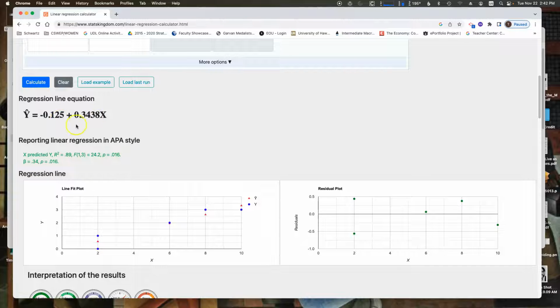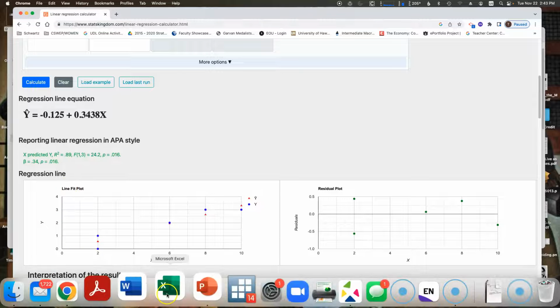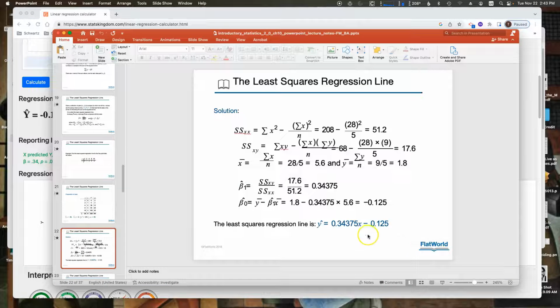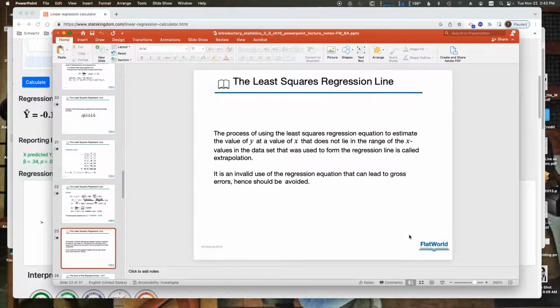The only thing they're doing here is just switching the terms, putting our x value in front. Minus 0.125. Right here. Okay, so